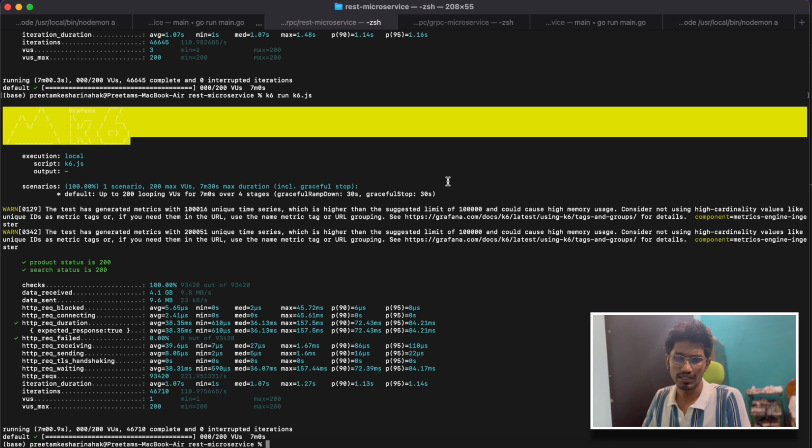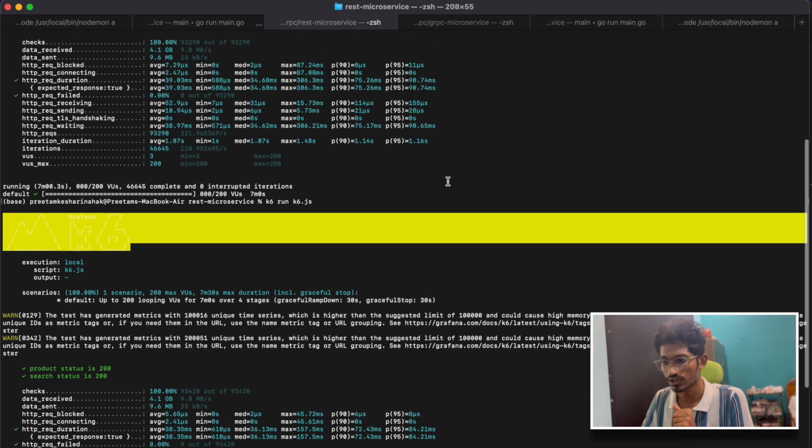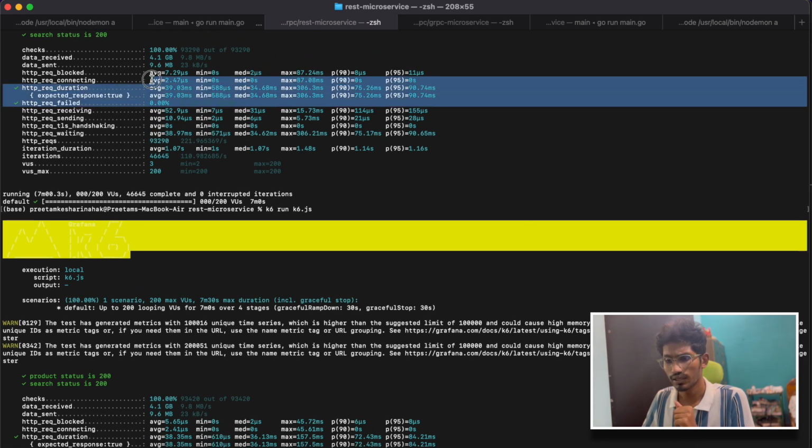When you build microservices using gRPC, it becomes 10 times faster than a traditional REST, and that is what we are going to prove and test today. Let me just show you the metrics on a surface level. So this is the